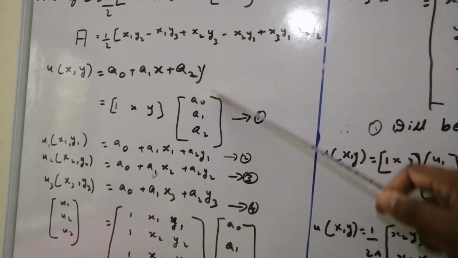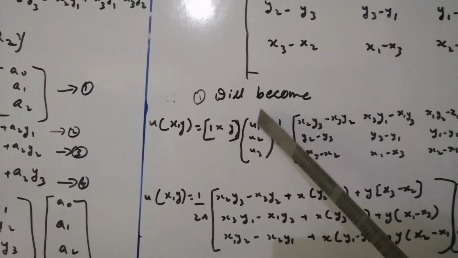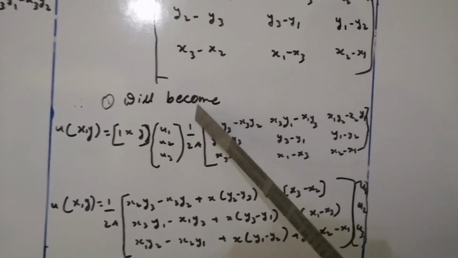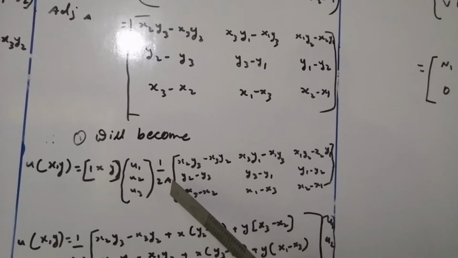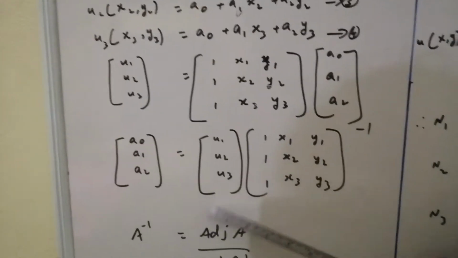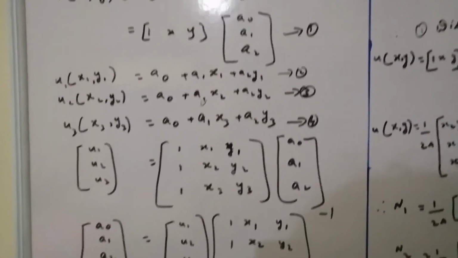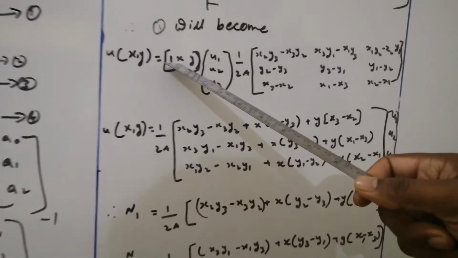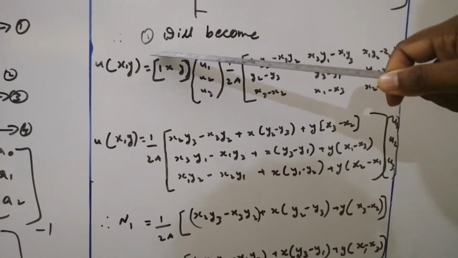Therefore, the equation will become u(x,y) equals [1 x y] into [u1 u2 u3] into 1 by 2A into this matrix, that is, adjoint divided by determinant A. We got the value of A inverse, and we are substituting the value of a0, a1, a2 into this equation. And what we are doing is multiplying [1 x y] with this specific matrix,